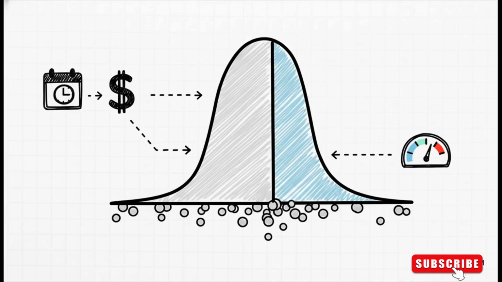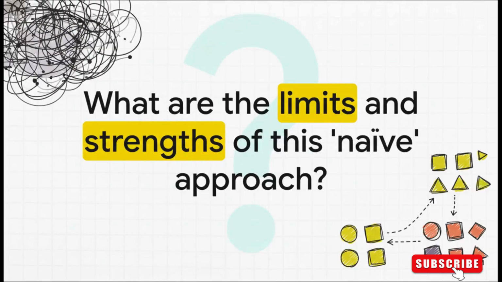Now, what about attributes that are not discrete categories, but continuous numbers? For these cases, the naive Bayes classifier typically handles them by assuming that the values for each class are distributed according to a Gaussian, or normal, distribution. The probability is then calculated using the Gaussian probability density function. This brings us to a final consideration. The naive Bayes classifier is built on a foundational assumption of attribute independence that is rarely true in reality. This raises an important question. What are the theoretical limits, and conversely, the practical strengths of this approach when applied to complex, real-world data sets where attributes are often highly